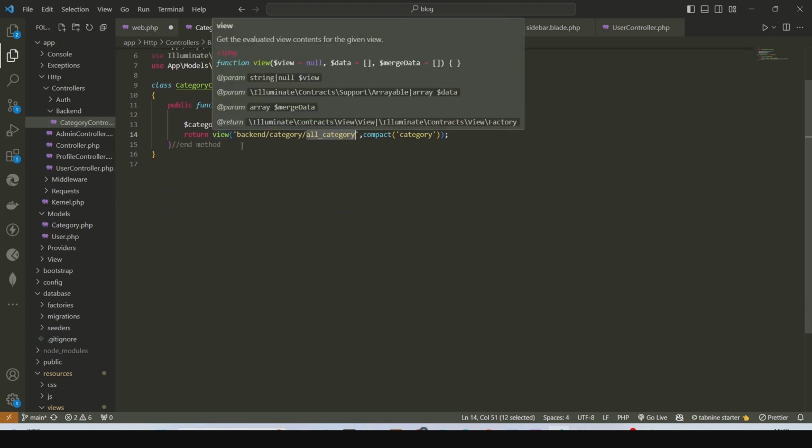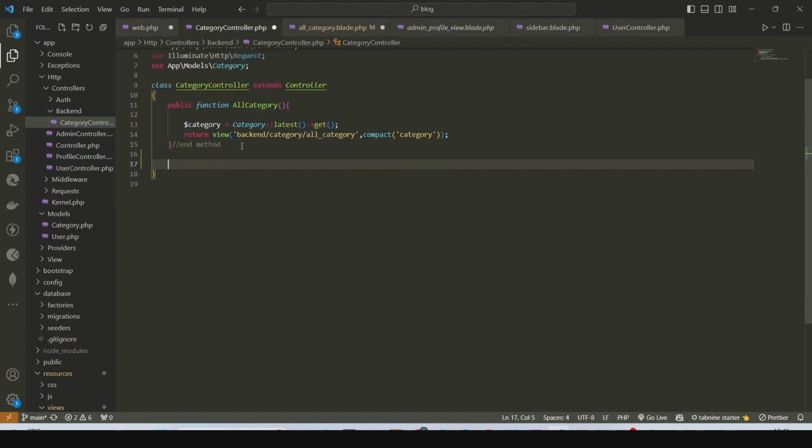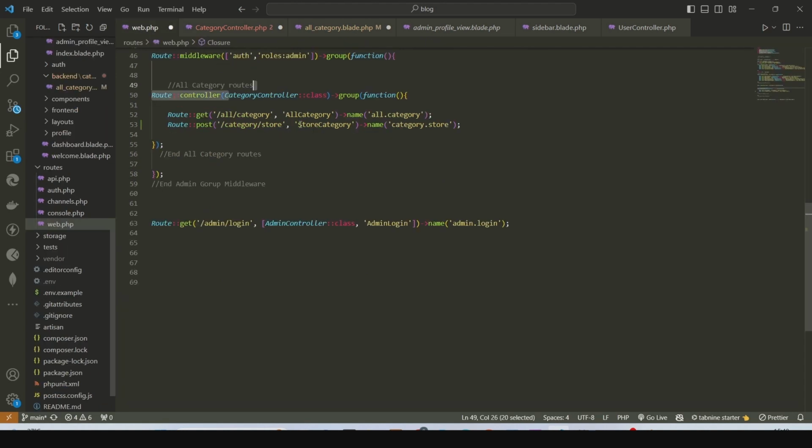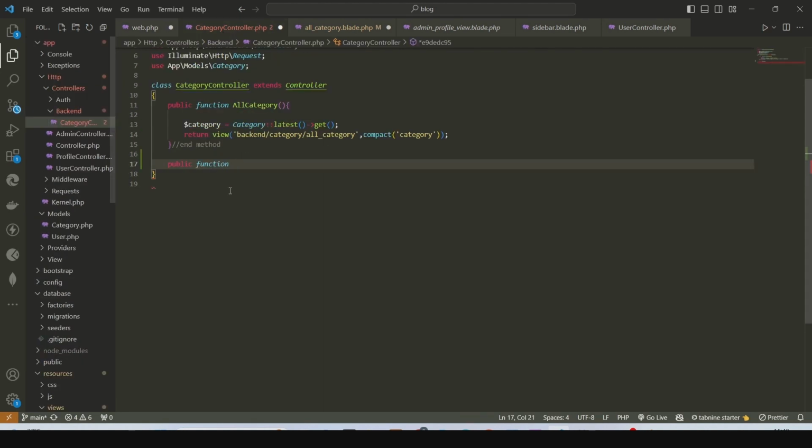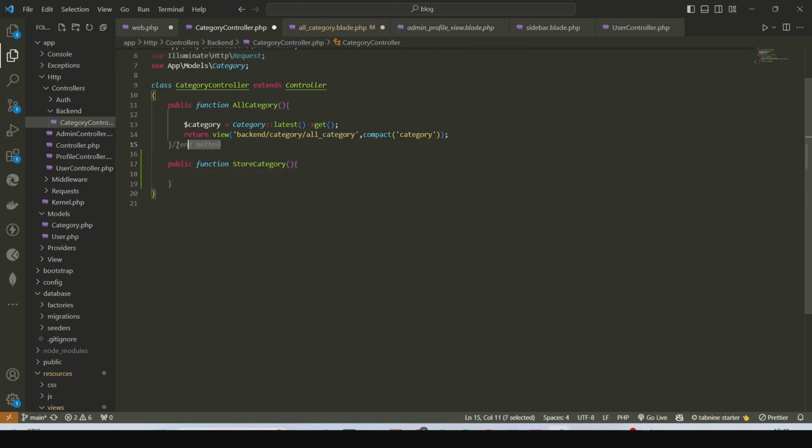Inside the category controller, come down, that will be public function. What is our method name? Method name is store category. Copy it, paste it. Do this. You copy these notes here,